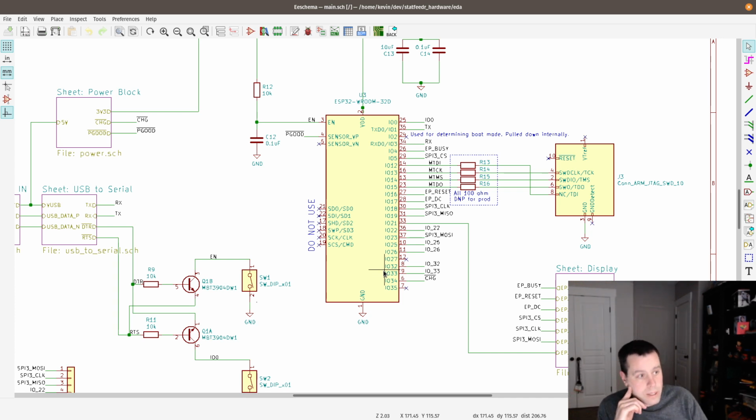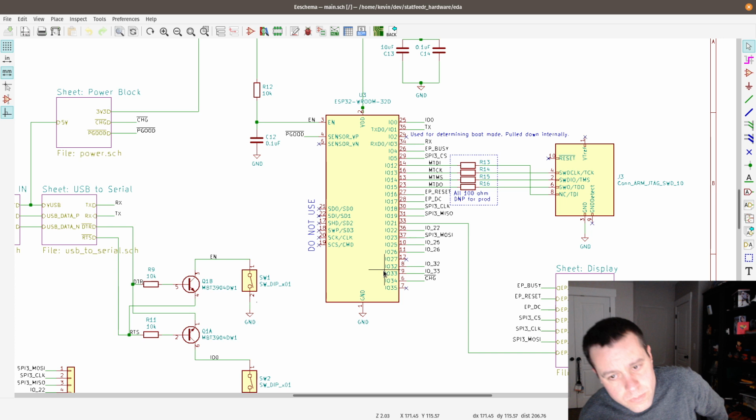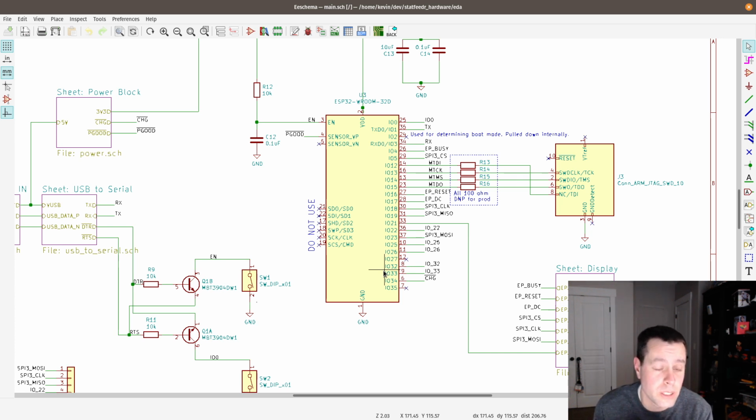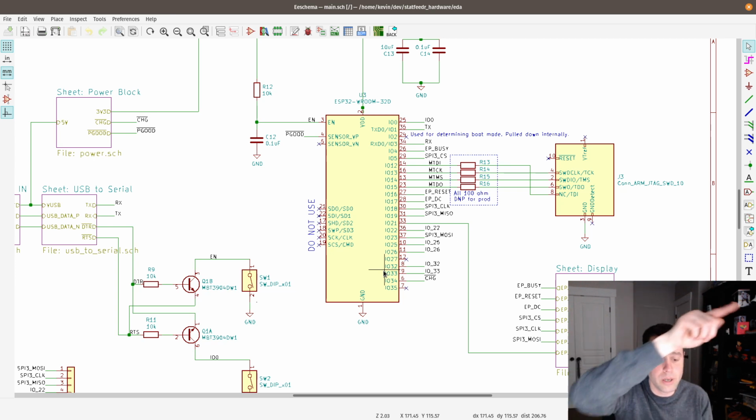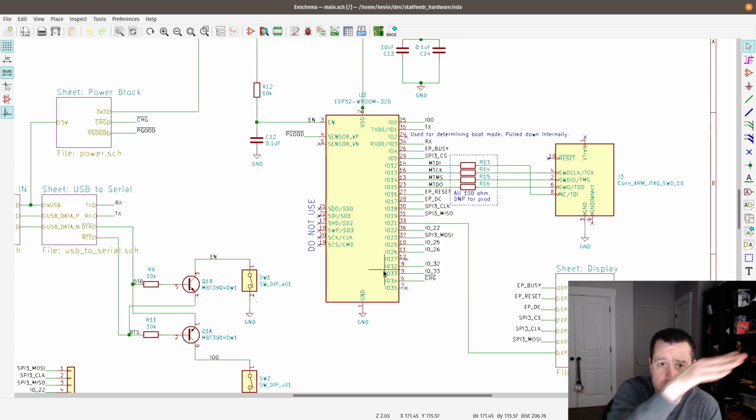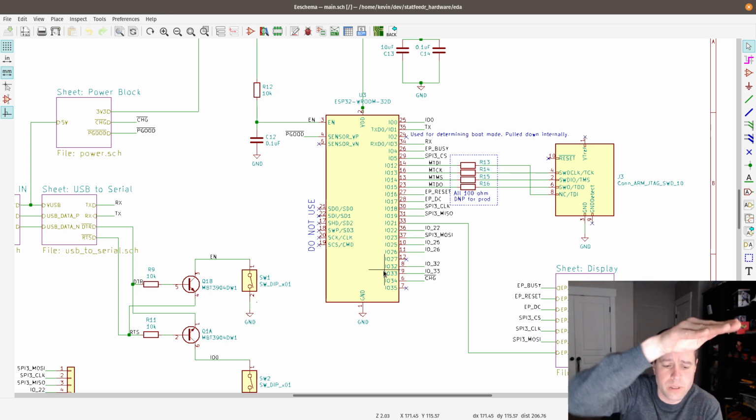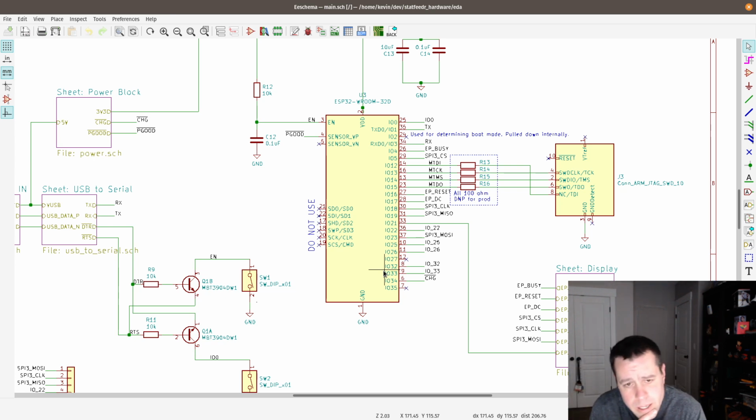The problem with that is what? Tell me what the problem with that is. The battery voltage is non-linear. On a LiPo like this, fully charged is going to be at 4.2 volts. Fully discharged, it will go down to, I believe, 3 or 3.2 volts. But it's not this beautiful curve down as it drains. It kind of comes like this and then drops off. And so